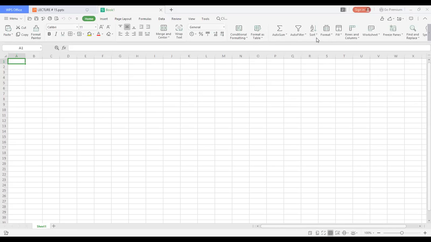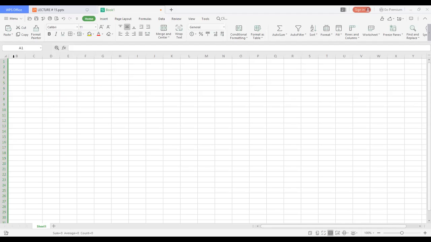This is my Excel sheet, right? I have to select this column, right click. There is an option of hide. I can hide column B, right? Have you seen? There is no column A.